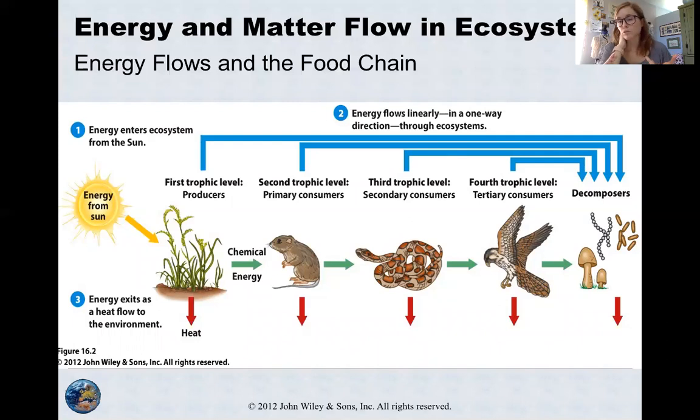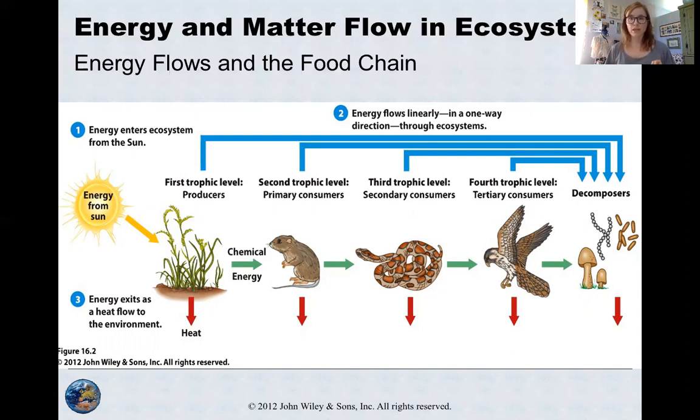And so then the second trophic level are primary consumers. Those consumers, we also would probably call them herbivores, right? Because they consume only producers. So they're only eating the plants. So the sun gets transferred into carbohydrates by the plants, and then the primary consumers come along and consume that carbohydrate. And then you have the secondary consumers. Those secondary consumers, they eat the food that ate the other food. Does that make sense? So that carbohydrate goes from the sun to the plant, and then the primary consumer comes along and eats that carbohydrate, turns that carbohydrate into protein,